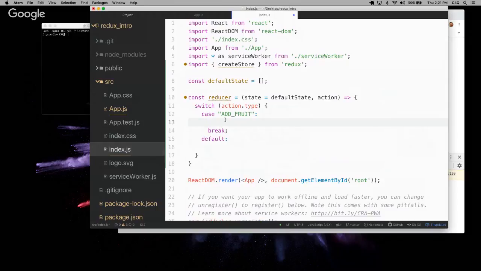Oh, it's a switch case, never mind. Yeah, so it's a switch case. Exactly. Okay, so in the case that we want to add fruit, I'm going to understand that I'm passing on some sort of payload, right? I need to know what fruit I'm going to add. So for that situation, I'm going to return